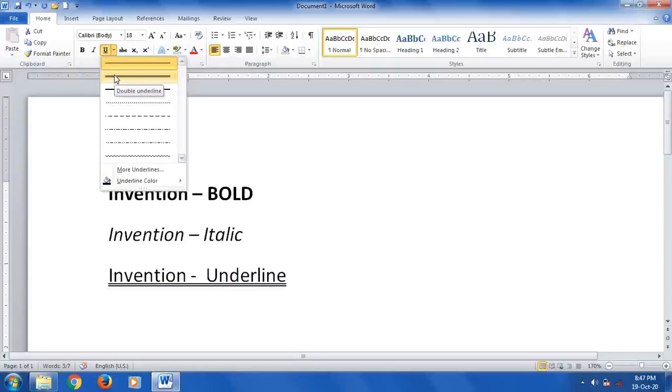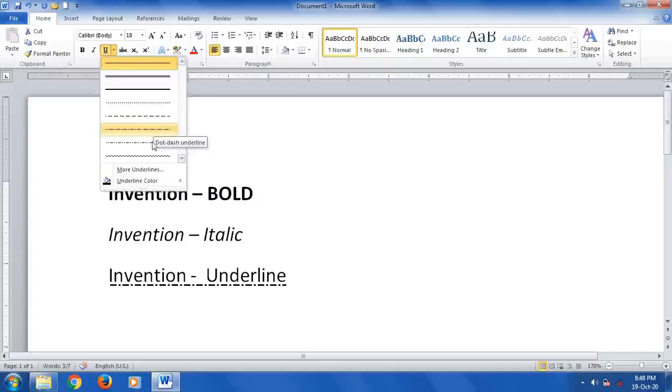See here, if I take the mouse pointer on the second option, double underline will be applied, then again single underline, then here dotted underline. If you want a dotted underline for this text, you can put that dotted underline. If you want to put a dashed underline, a dashed underline can be placed below the words, then dot and dash.